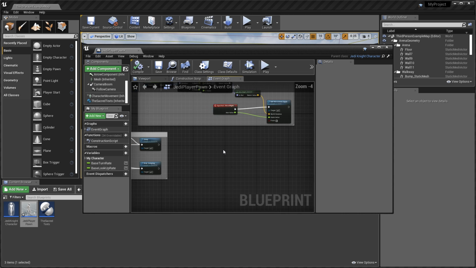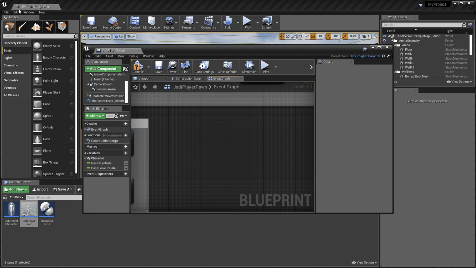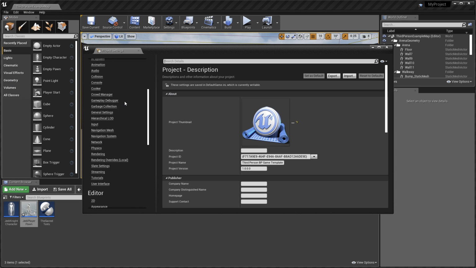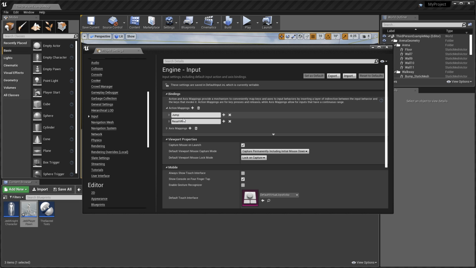Let's pick a nice empty space to do this in. So we're going to be doing something similar to the jump event that is included, except we're going to need to make our own inputs, and we're going to be plugging in our own events. We'll head over to the Edit tab, and we'll go Project Settings. We then want to scroll down to Input, and we then want to open up the action mappings. You see there's a few default ones in here for us, and we want to make our own. So we'll hit the little plus icon,